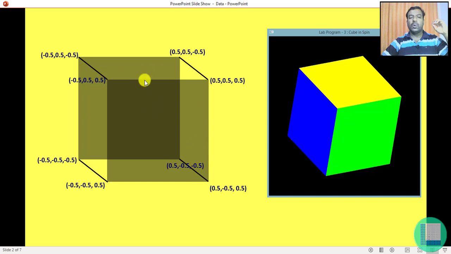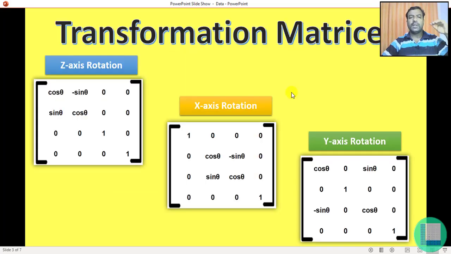Once this cube has been drawn using an OpenGL program, we are going to rotate it, spinning the cube using transformation matrices. If I want to rotate with the z axis, we are going to use this matrix. If this is a cube, this is my z axis, this is my x axis, and this is my y axis, and I want to rotate the cube in this direction, either clockwise or anti-clockwise,